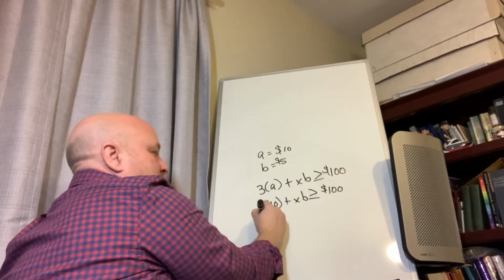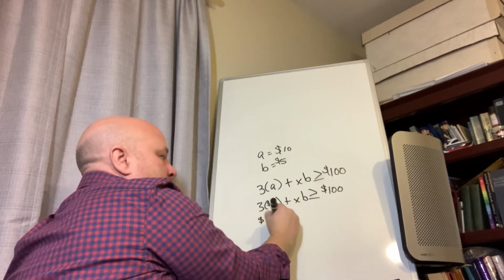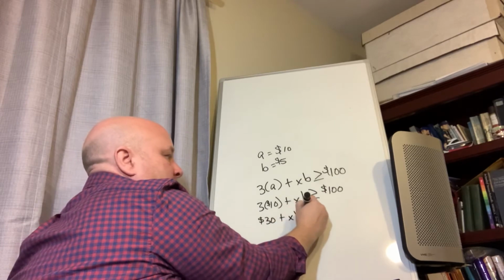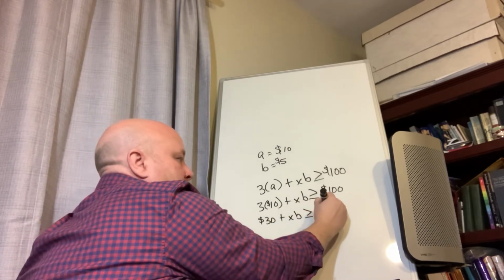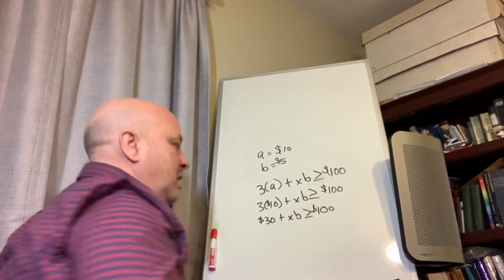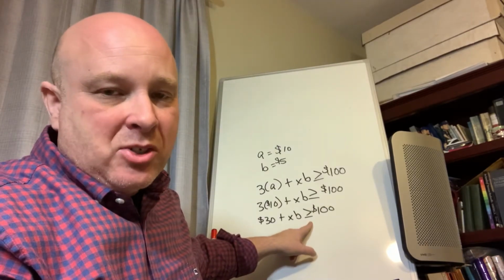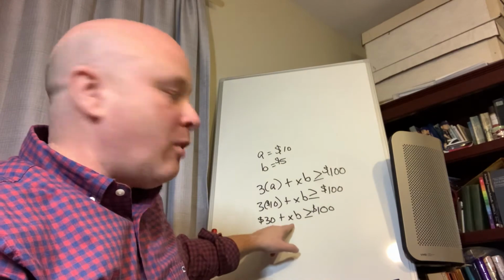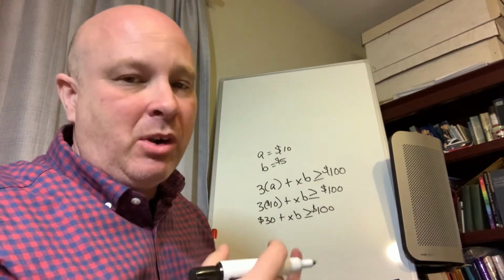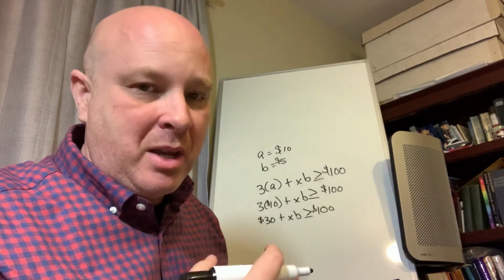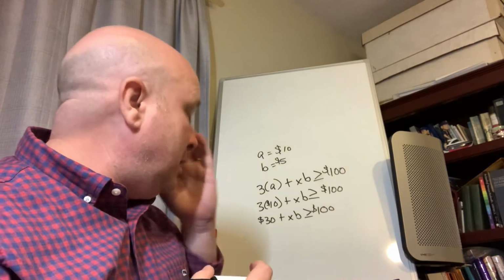Well, 3 times $10 is $30 plus X times B greater than or equal to 100. Don't be fooled by this greater than or equal to sign. Treat it just like an equal sign, and we're trying to solve for X. What is X? The number of hours he has to earn money doing laundry. Okay? All right,